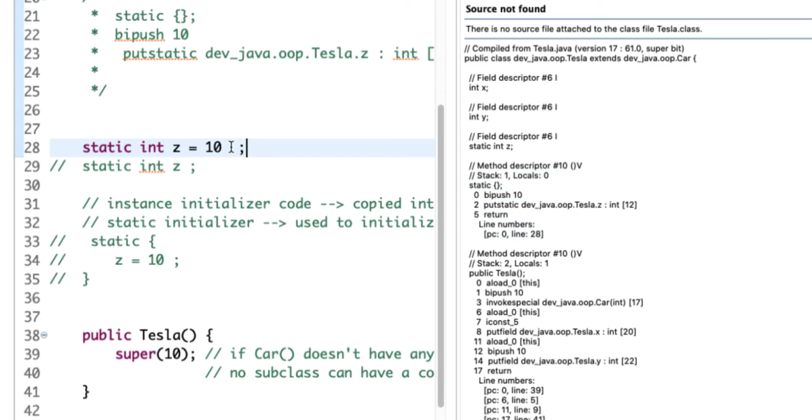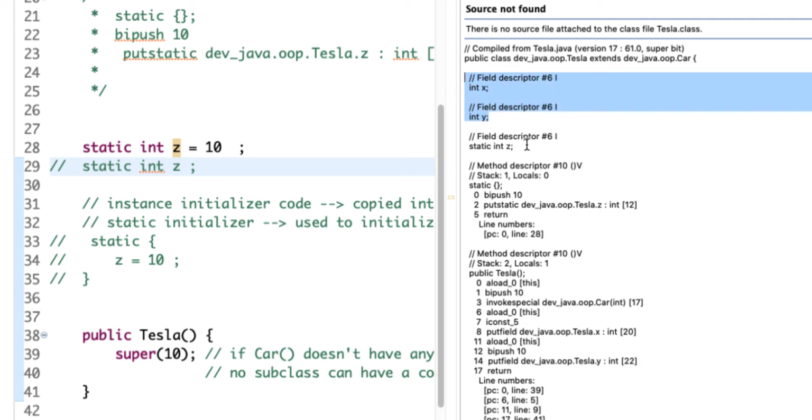So the compiler breaks this code down for a static initializer into two pieces. One is declaring the static and the other one is initializing it, because JVM needs to understand in two steps. One is what are the properties of this class when it loads the class file into memory, which means it needs to know what are the fields and what are the types, right? So we have the x field int, y a field int, and these are non-static,